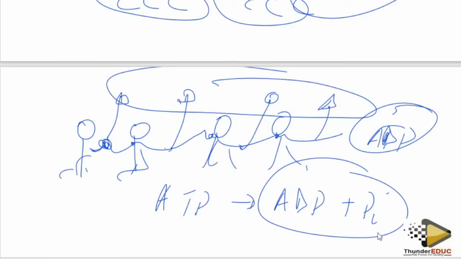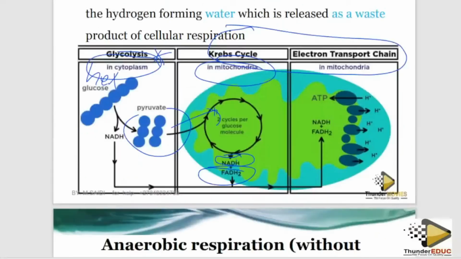Adenosine triphosphate. So adenosine triphosphate. And then this is called what? This is called